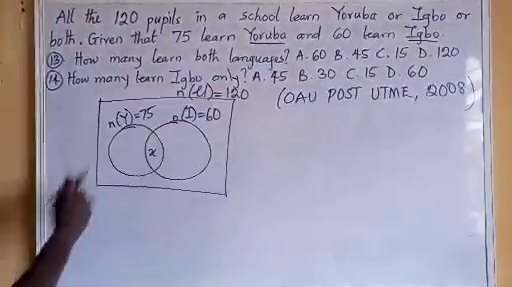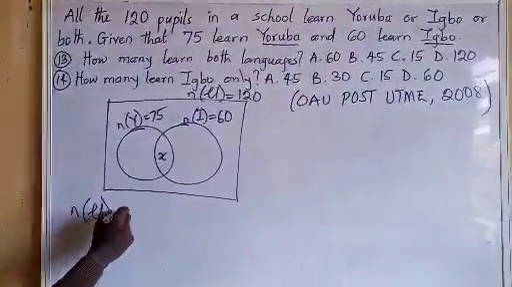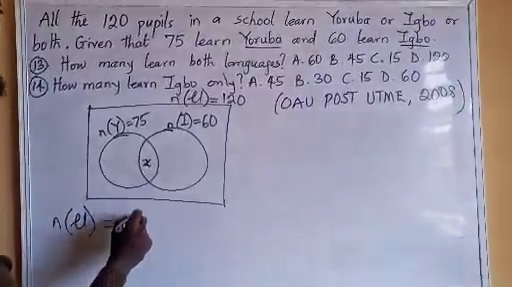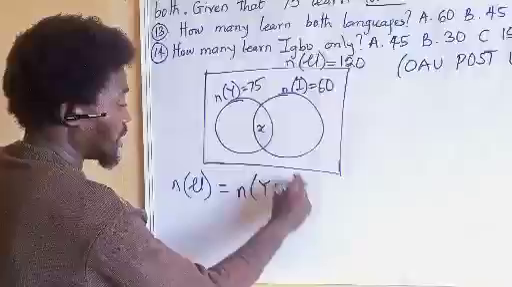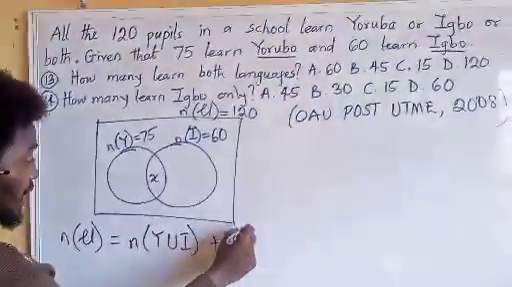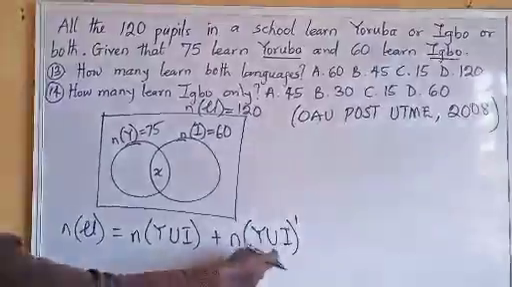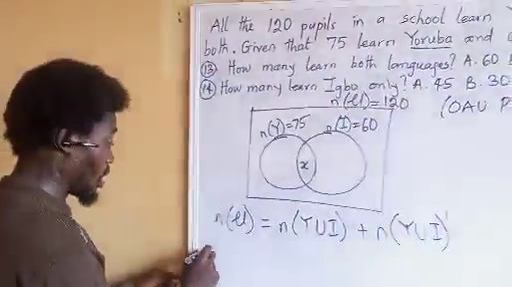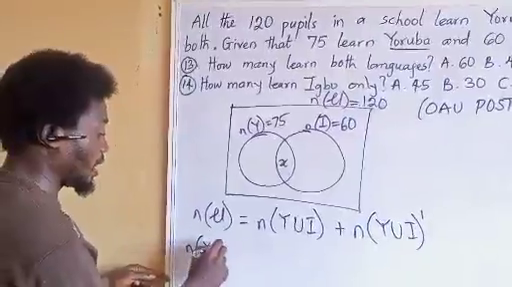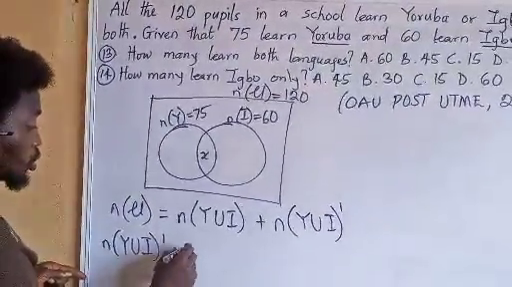So what do we have here? Our cardinality of the universal set is equal to the cardinality of Y union I plus the cardinality of Y union I complement. And Y union I complement is those that did not do what? That is not given to us. The cardinality of Y union I complement is equal to those